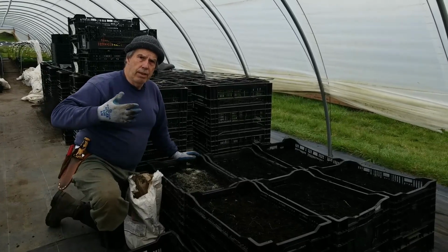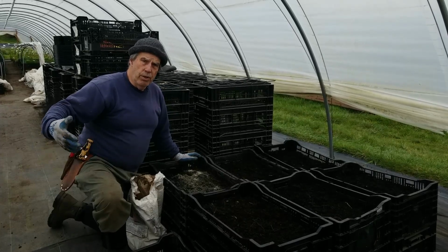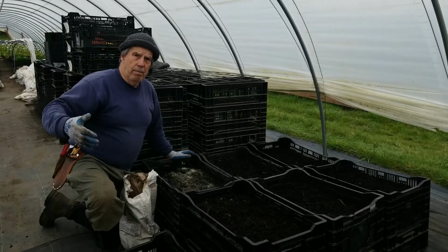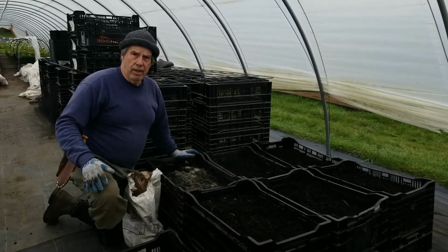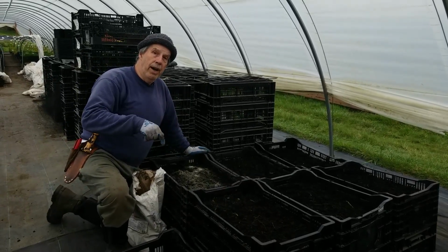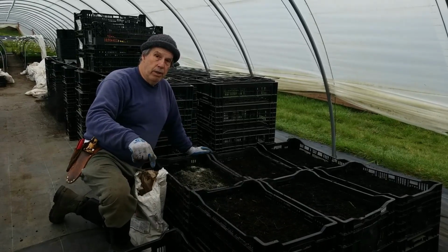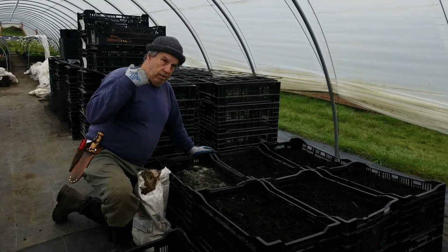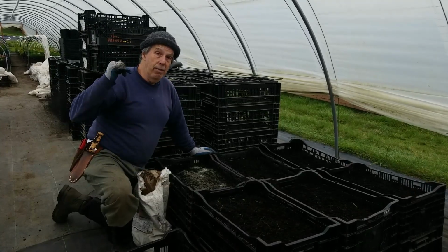But the idea is getting fresh, and the thought process here is this would be the first of the early potatoes, and then the ones we plant out in the field would come on in June, July, and then there are other mid-season potatoes that come in the middle to late summer, and then there's the late russets that come on in September. We may even be able to circle back around come late summer and take some of these earlier potatoes and get a second crop,